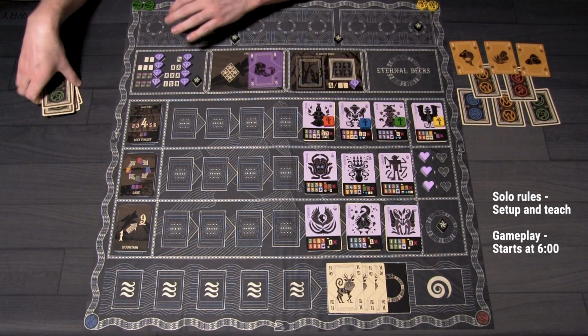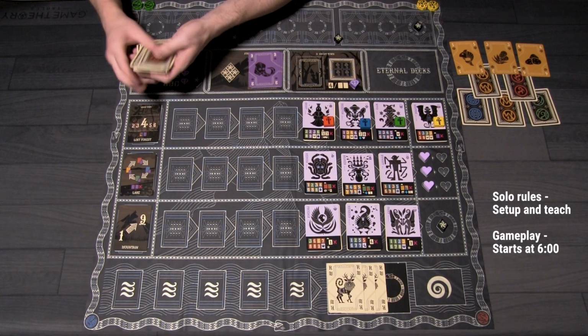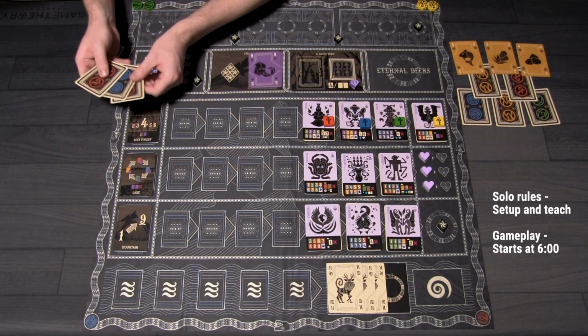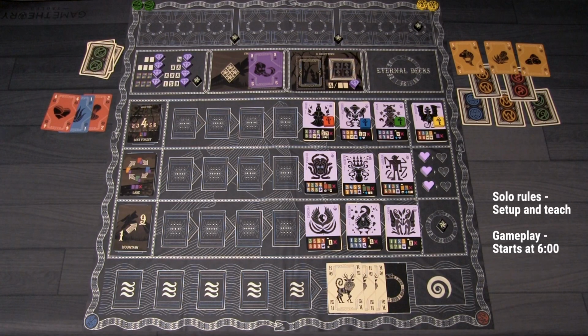Okay, and then as far as my hand goes, everything is as normal. I shuffle the deck, and then I'm going to have a 3-card hand. So those I'll just keep face up so you guys can see them as well. Okay, so beyond that, which was a lot of preamble for the solo play and how that's going to work,